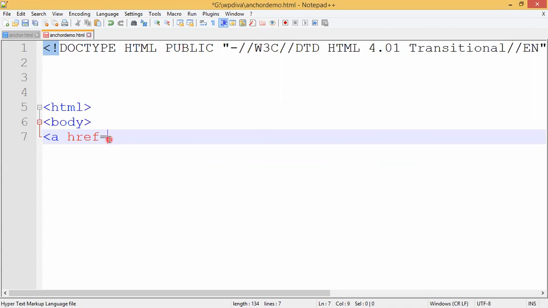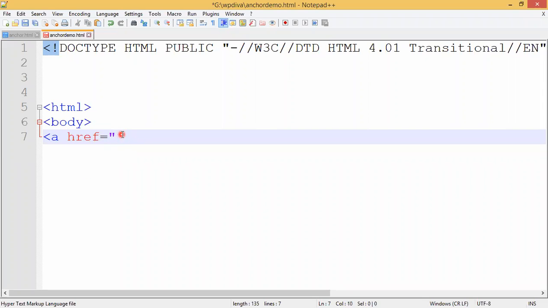The href I'm taking is equals to, right? So what is this href? Href is nothing but what? It will provide me the reference to the file. Which file I want to take when I click the link. Href means what? Which file I have to take when I click the link, right?